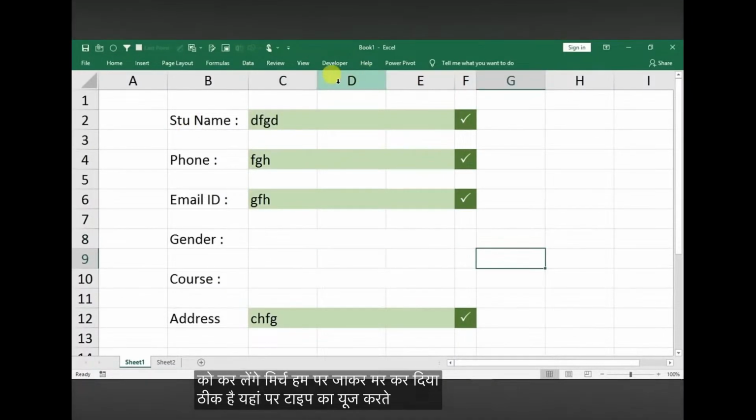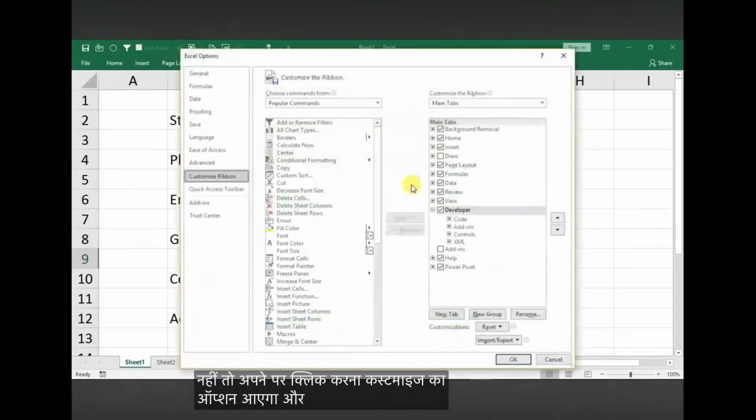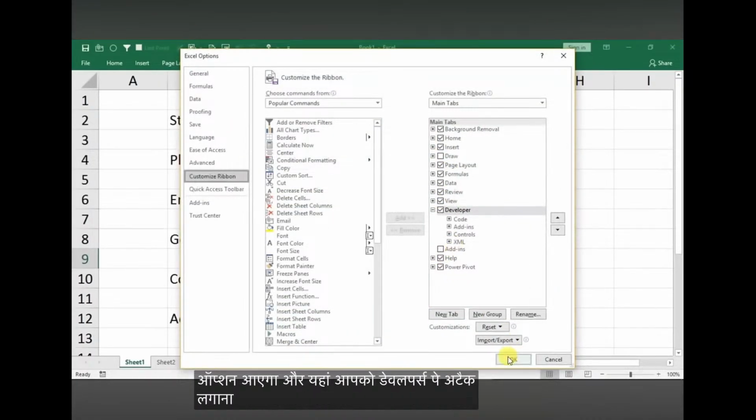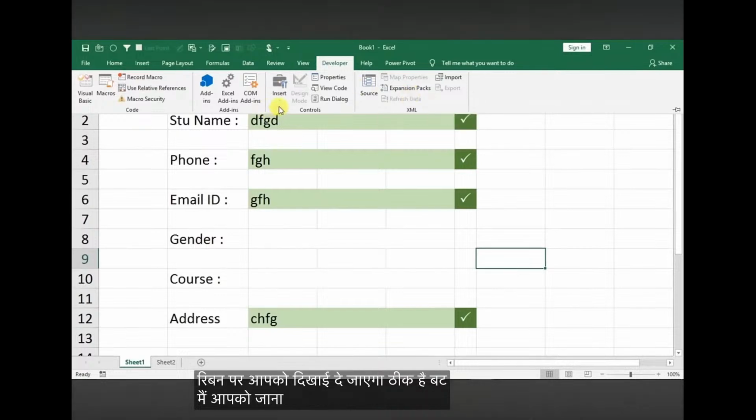ठीक है, टाइप हम बाद में करेंगे, पहले एक काम करते हैं, डेवलपर टैब पे हम जाएंगे। अब अगर आपके एक्सेल में आपको डेवलपर टैब दिखाई नहीं दे रहा है तो अपने रिबन पे राइट क्लिक करना, कस्टमाइज द रिबन का ऑप्शन आएगा और यहाँ आपको डेवलपर टैब पे टिक लगाना है और ओके कर देना है, तो डेवलपर टैब आपके एक्सेल में रिबन पे दिखाई दे जाएगा।